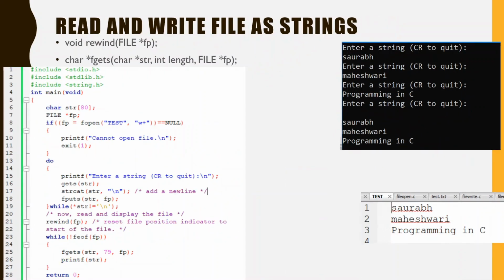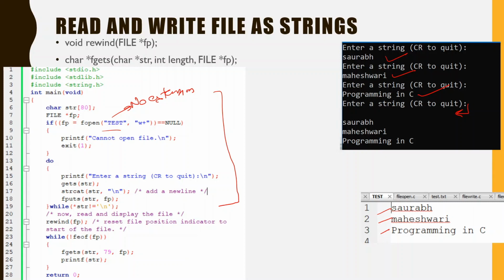Let us see it with the help of another example. Here you can see that we have used the same program again to take input of the strings. All the strings are taken as input and stored in the file like this. Three strings were taken, one, two, and three, and this was an empty enter. So this program inputted three strings to the test file. Here we have given no extension. It means extension is not compulsory. But if it is not in text mode, then your text editor is not going to read the file if you don't put a text extension.